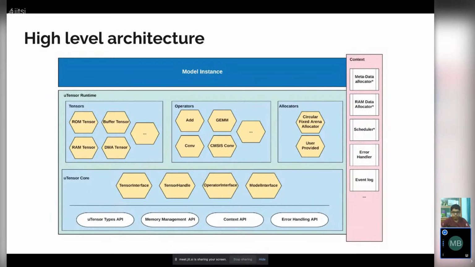Our high-level architecture breaks up into two parts. We've got our core and our part of the runtime, which really just describes our default contract with the system. It's what describes the data access pattern of a tensor and its life cycle, how operators are structured, how models are structured, and given any extensions on these types, we can still make all the guarantees that we stated in the earlier slides. And we also add a couple of extra things for convenience, specifically in debugging and memory management space,